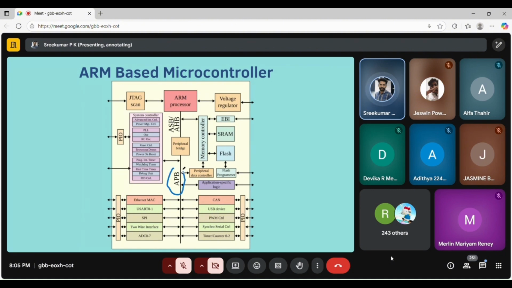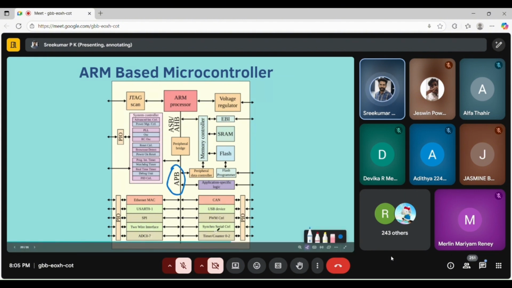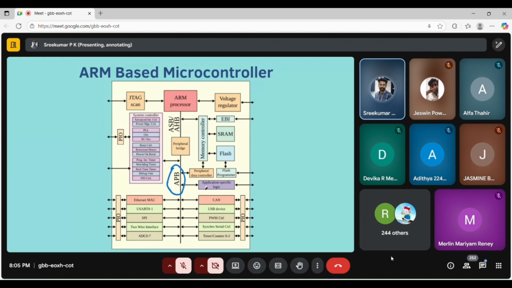In the APB, you can see so many peripherals connected here: Ethernet MAC, CAN, USART, USB, SPI, PWM, ADC. If your company wants to incorporate audio, audio interfaces like TDM and I2S,